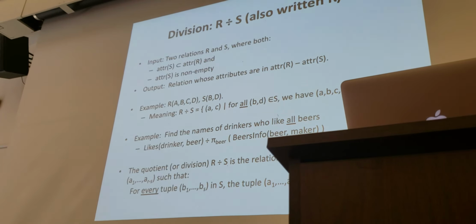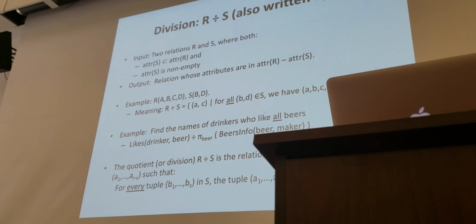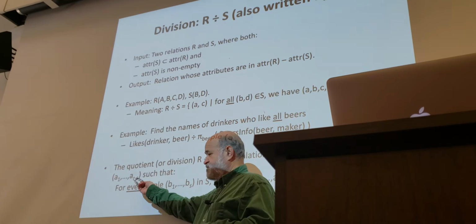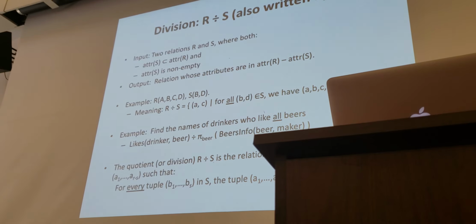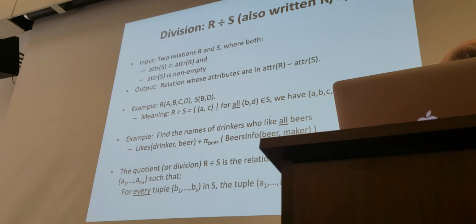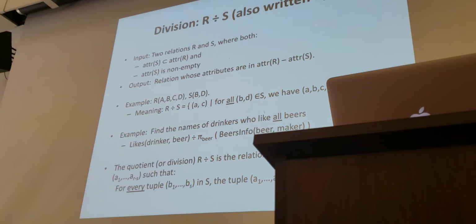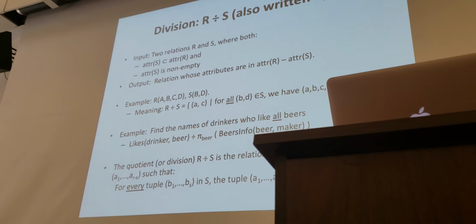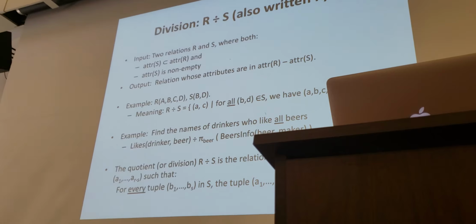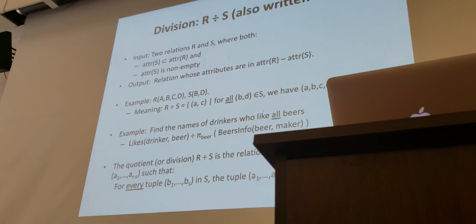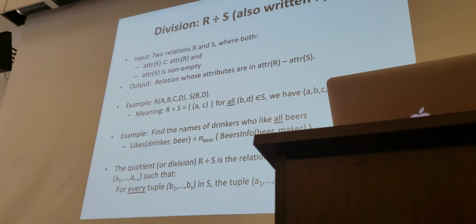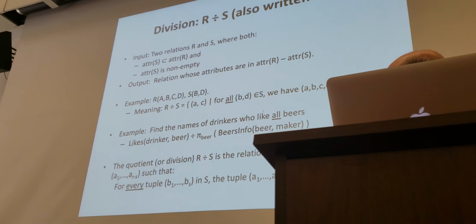So another way of writing this mathematically is that the quotient or division result, R divided by S, is a relation in which you only keep the attributes that don't appear inside S, if for every single tuple B1 up to Bs, no allusion meant, the tuple A1 through A(r minus s) followed by B1 through Bs appears in R. It may require reordering of the attributes to do this, but it's the same thing. Question. So for the first example, if there existed a two